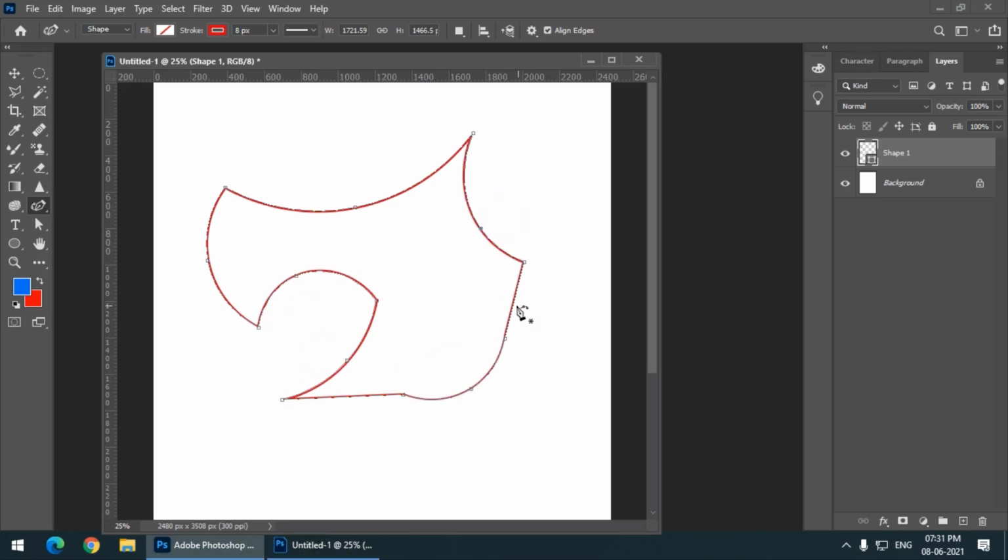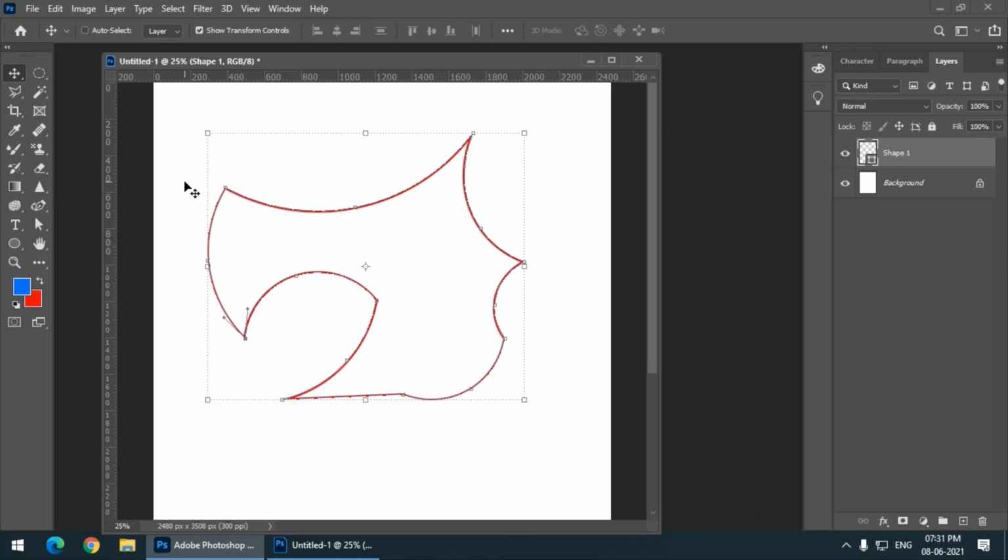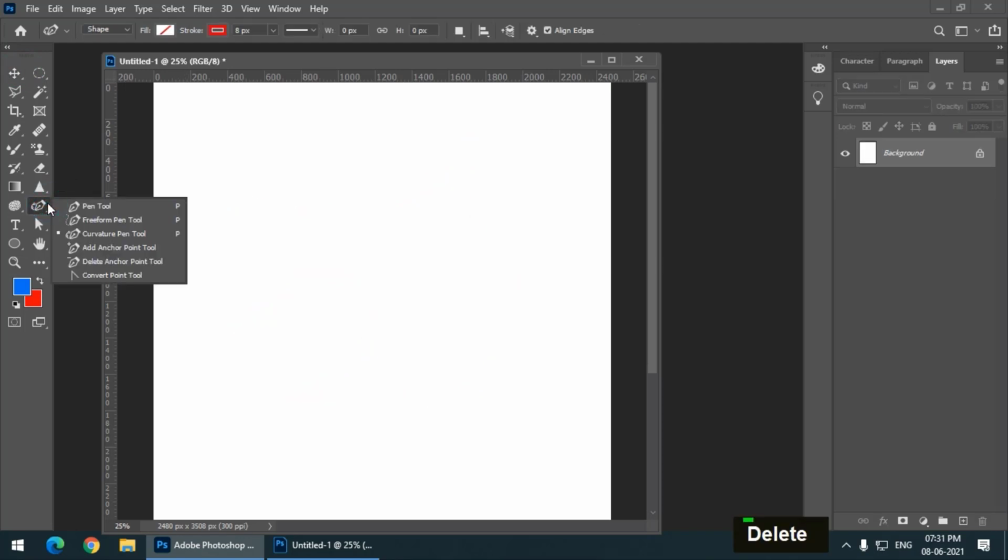So this is actually a newer tool. In the older versions, this tool wasn't there. So we can simply create curves by using the curvature tool, but we cannot convert anchor points into curves. For that we have to use the convert point tool. So this is how we can create any shape using the pen tool, freeform pen tool and curvature tool.